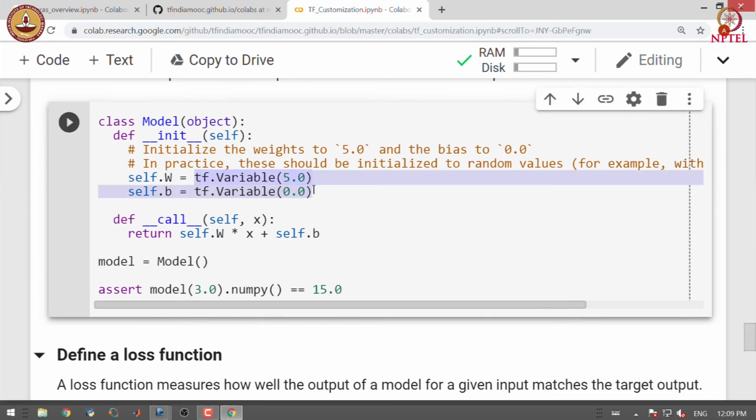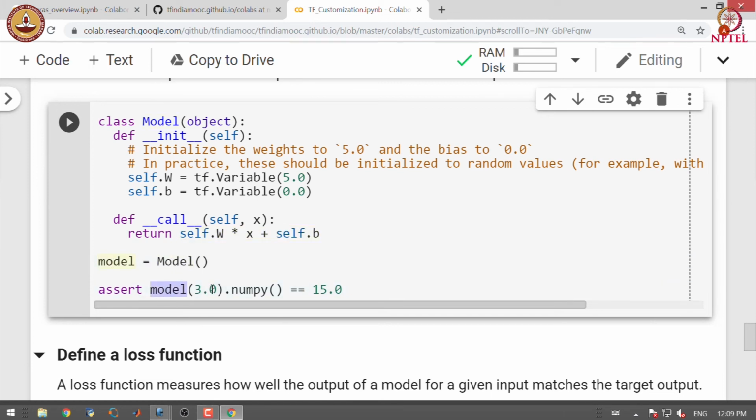In real life or in practice we randomly initialize these values, but for the sake of simplicity in this example we have set these variables to some fixed numbers. And in the call method we are performing the forward computation, where we are multiplying the input by the weights and adding the bias term to it. So, we have a model over here.